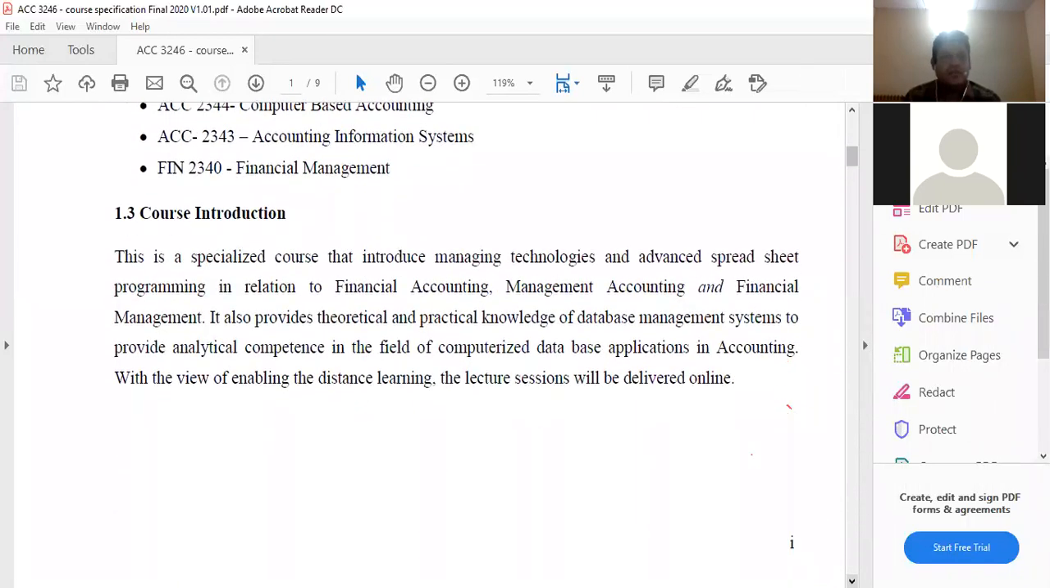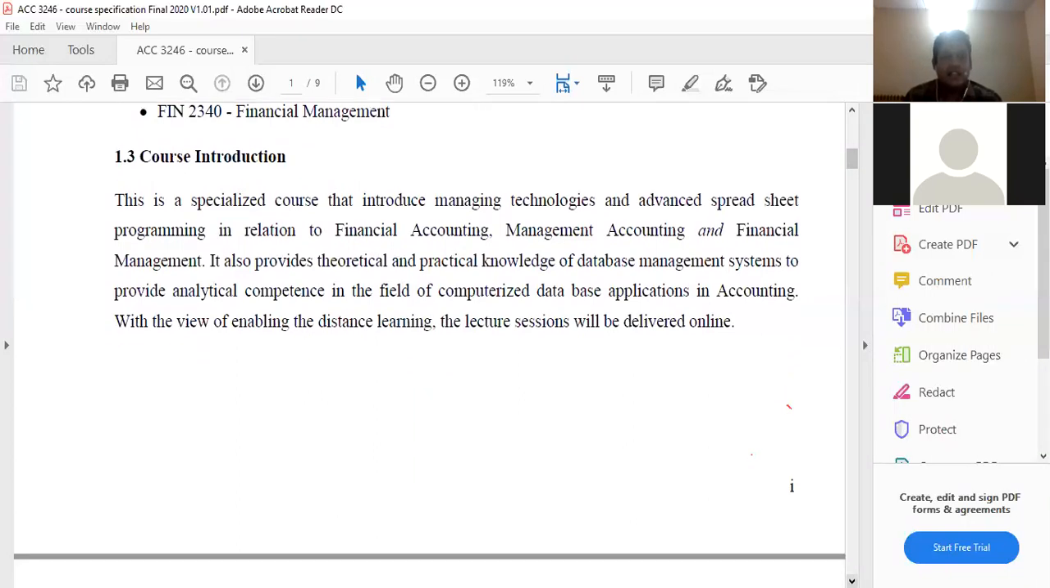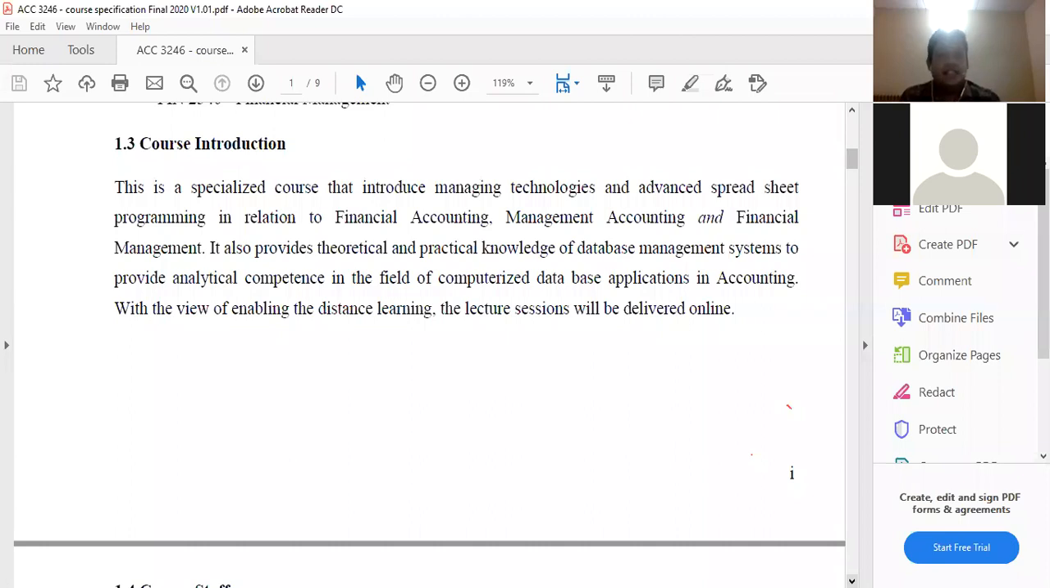Then let me come to an introduction for this course. This is a specialized course that introduces managing technologies and advanced spreadsheet programming in relation to financial accounting, management accounting, and financial management. If I'm to give an idea about what this course is about, it is all about programming the different accounting and financial functions. The essence of this course is that we are going to learn how to program